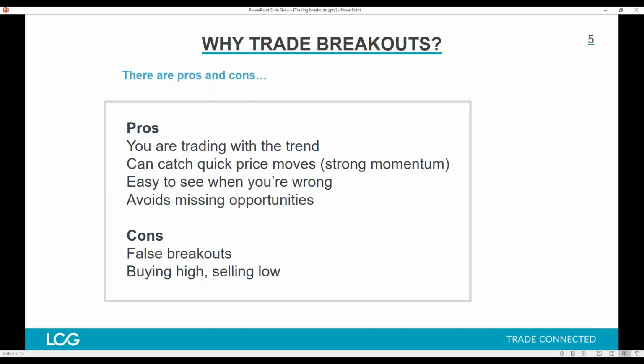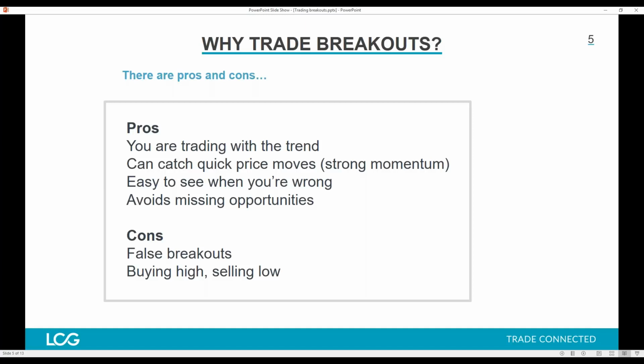And so then you can cut your losses with minimal loss ideally. But if in fact the breakout does work out and there is a strong price move, then the risk to rewards can be very favorable with breakouts. Another good thing, and we'll talk more about this in another webinar I'm doing on trading pullbacks, but one